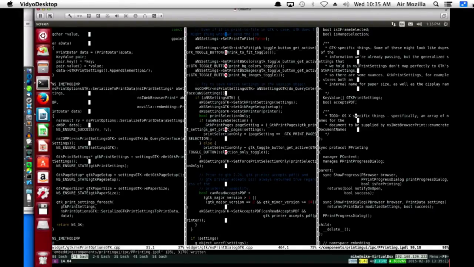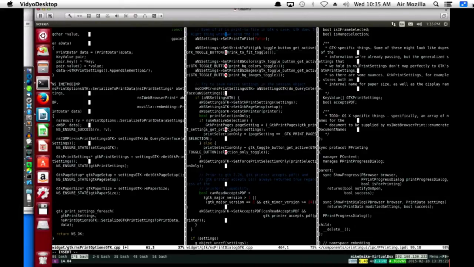And then when we serialize to the print data, we will say data, GTK print settings, skip.